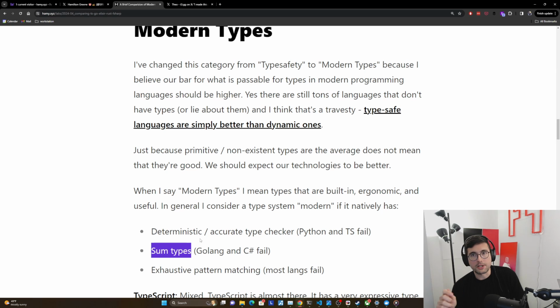I think object-oriented programming is fine, but the current ways that we have to model types cause it to lead to too many levels of abstraction, which makes the code confusing, oftentimes non-performant, and falls into the same traps that we've had for the last 30 years. And so I think sum types are very important. They're basically a solved problem. Most modern languages are moving towards it. If you don't have this, you're just not a modern language. For these, Golang would fail and C# would fail because they just don't natively support this kind of thing. The last one is exhaustive pattern matching.